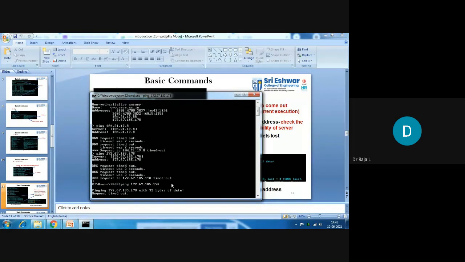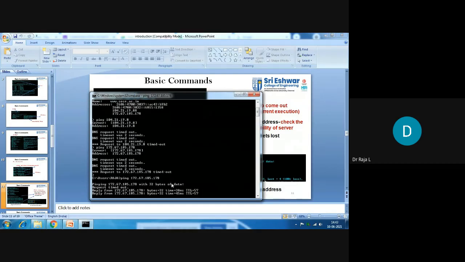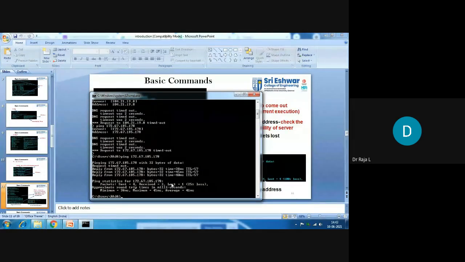Okay, see, now you are able to get the first data, second data. Can you see now? The first time when we tried, we were not able to get that one. Now we have tried. See, listen. Out of 4 packets sent, we have received 3. We have lost 1. So there is a 25% loss involved when we reach this SCCE. Minimum time is 38 milliseconds, maximum is 45, and average is 41. When you keep on trying, you may increase the chance of getting 100%.